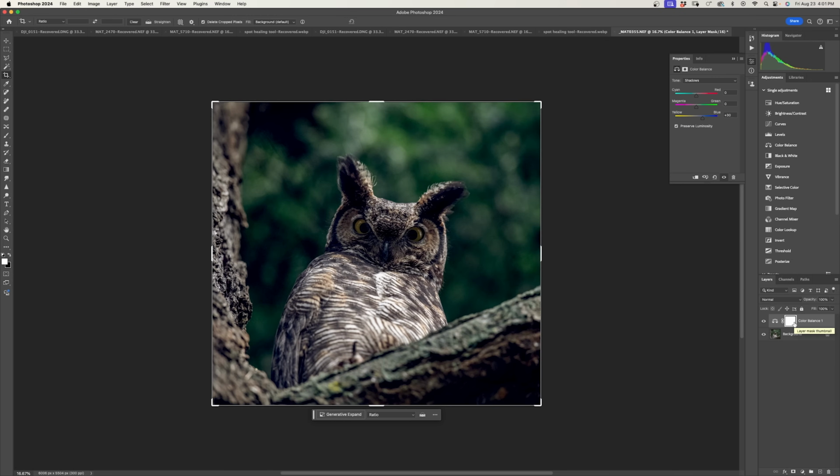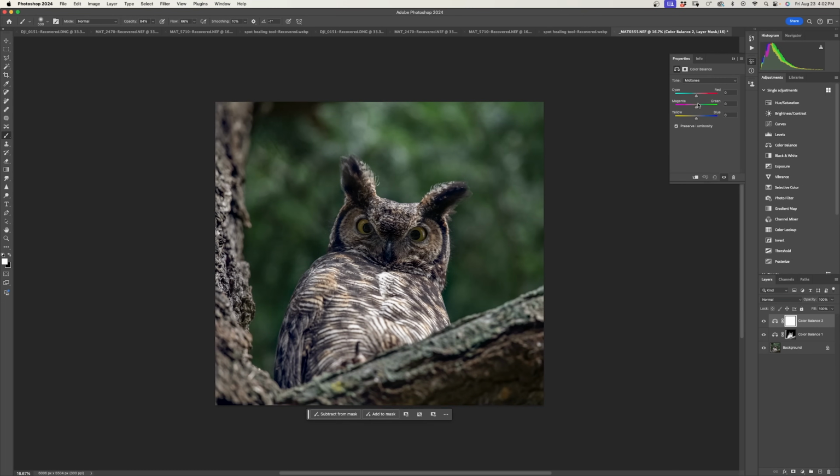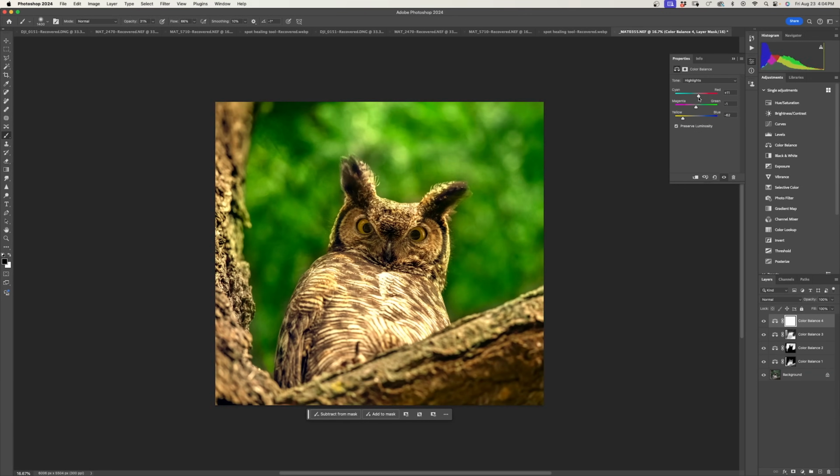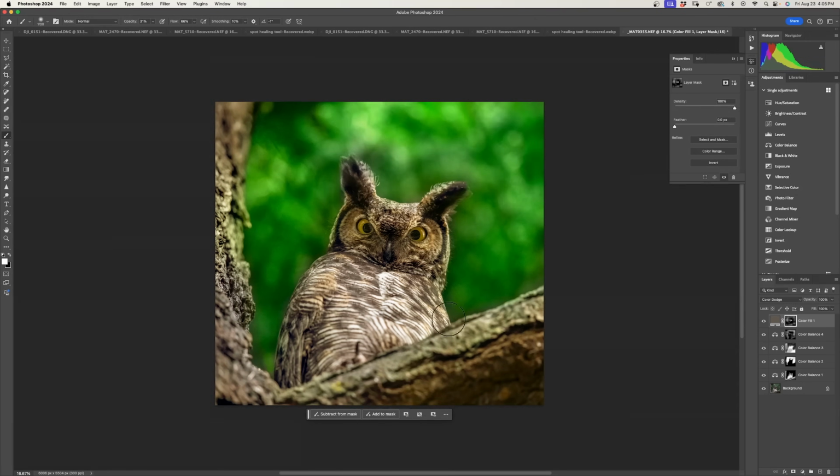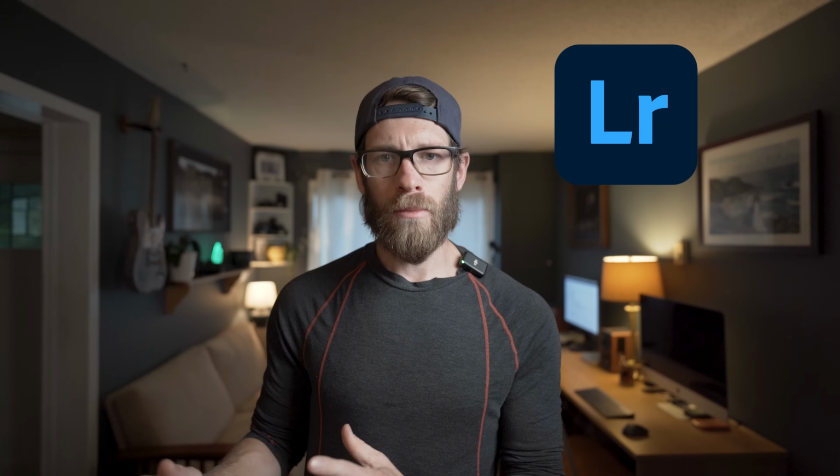Keep in mind that this is just one feature, one tool that you can include in your editing process. Obviously, I would be doing a lot of other things on these images, but I just wanted to highlight this one feature that I think is pretty cool. Now in a moment, I'm going to show you the same feature in Lightroom. It's similar, a little different, but before we get into that,